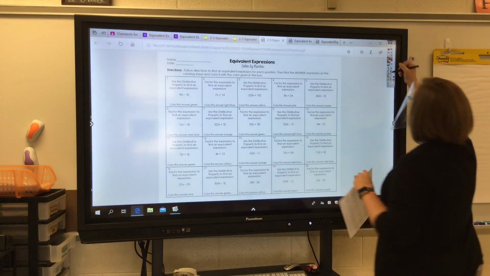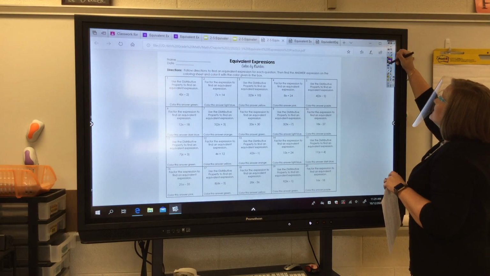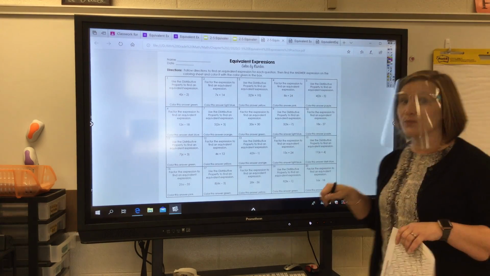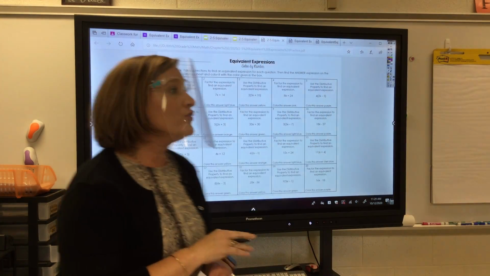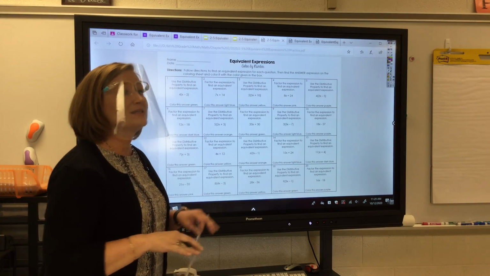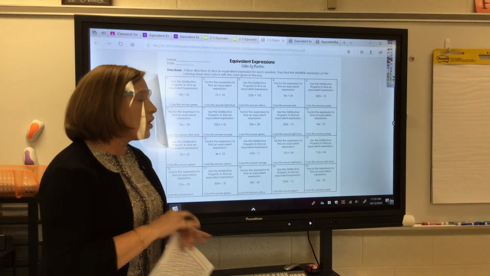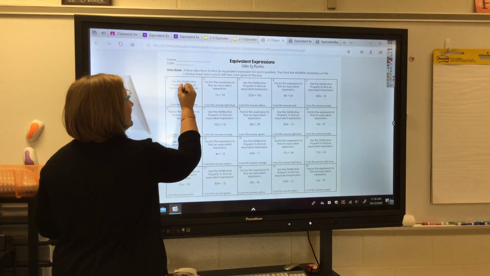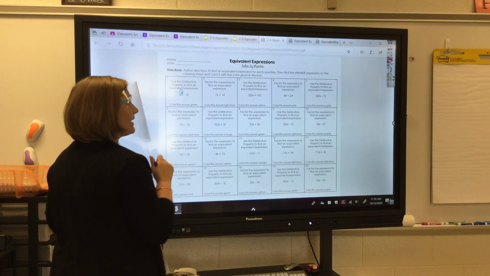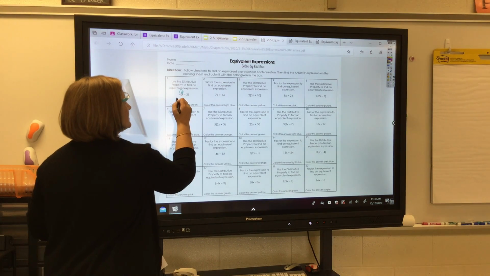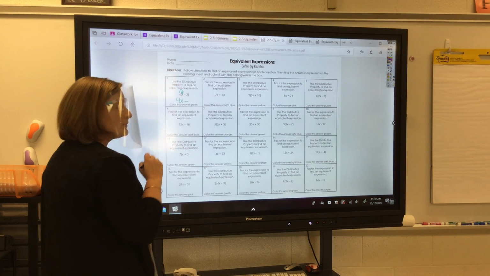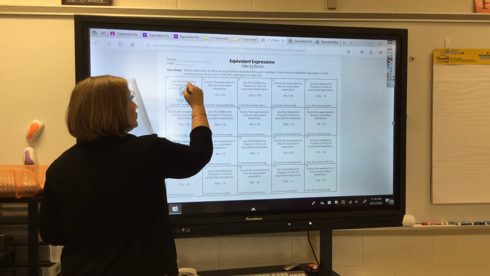So let's look at number 1. This paper tells us to use the distributive property, okay? So we are not going to plug numbers into this one, okay? We are only going to use the distributive property. So if I give 4 to the x, what do I get? 4x. I'm going to bring down my minus sign. 4 times 2 is